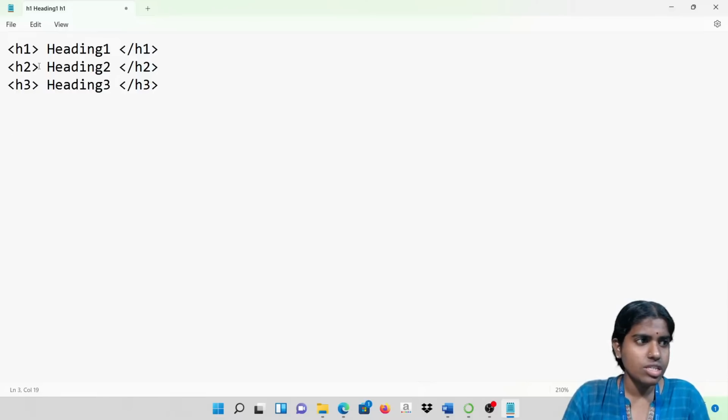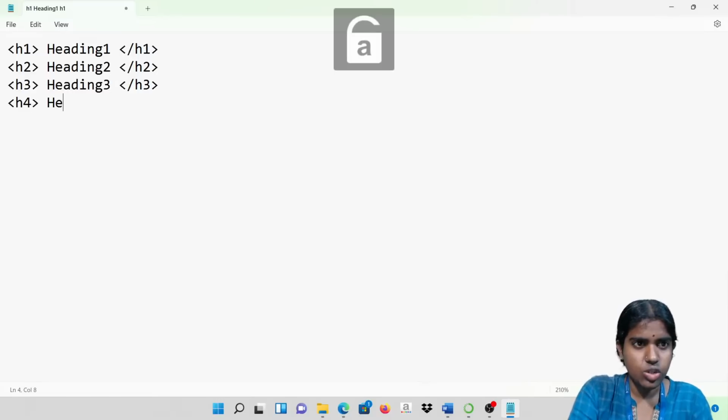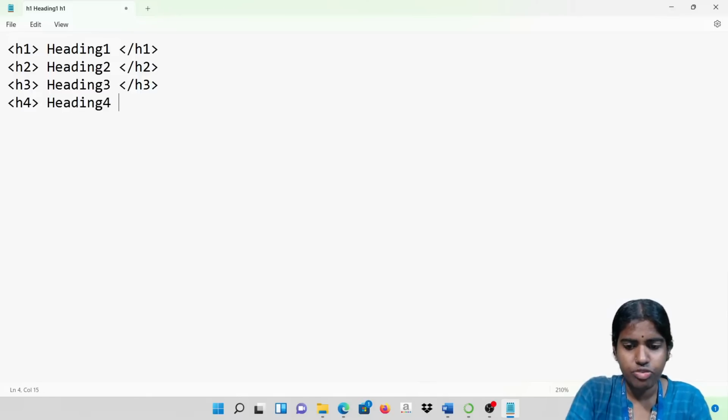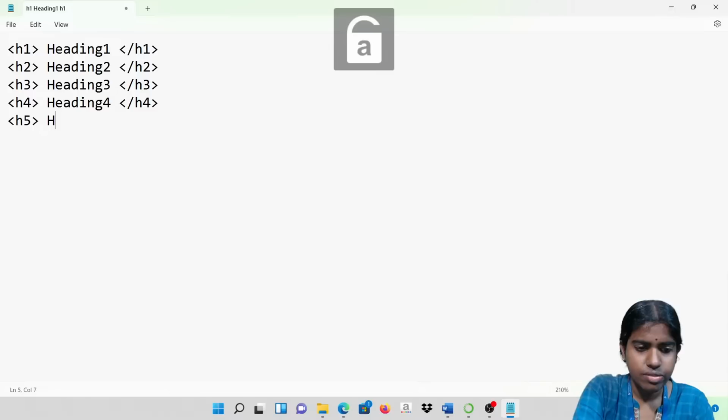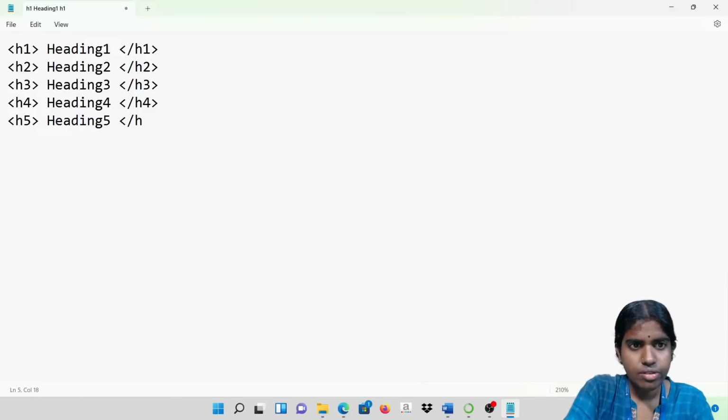Clear with this? I have this H2. Inside this, whatever type of headings I want to define, I have this header 4 and the closing header tags.